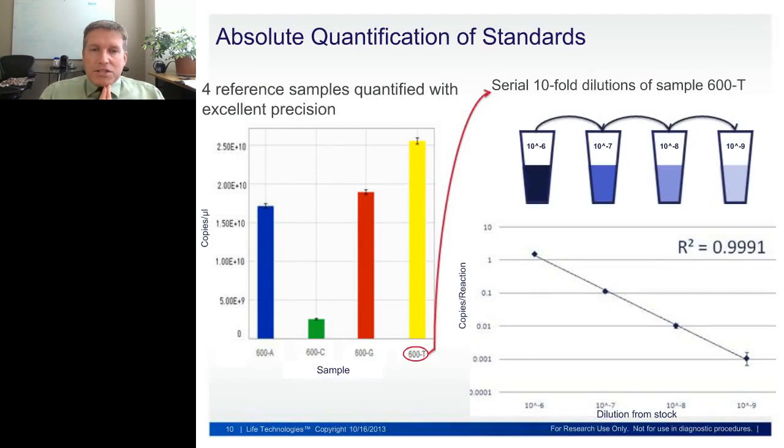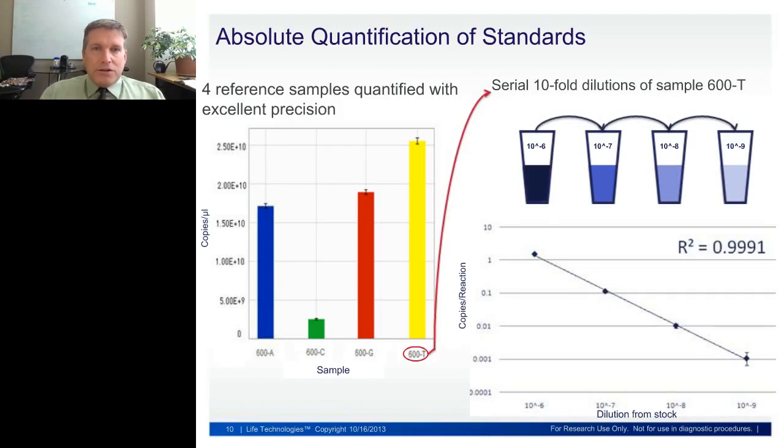So this is the results of one of our collaborators. This is the Japanese Institute of Metrology that was interested in determining how well we can do absolute quantification. They sent us 4 different samples indicated here on the y-axis. Okay, so 4 different individual samples they had previously quantified, and we were able to correlate their quantifications to very